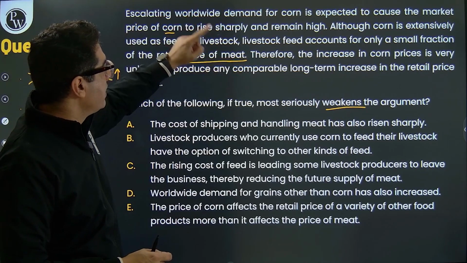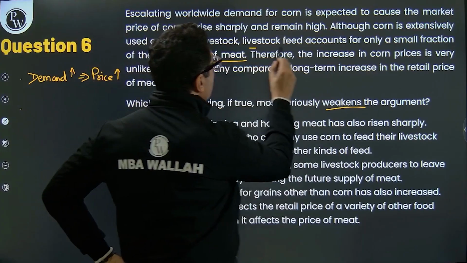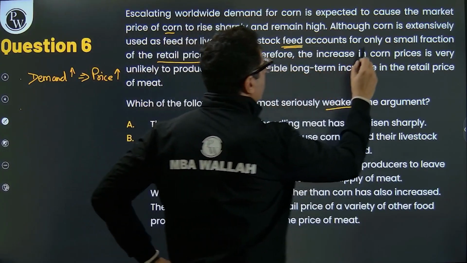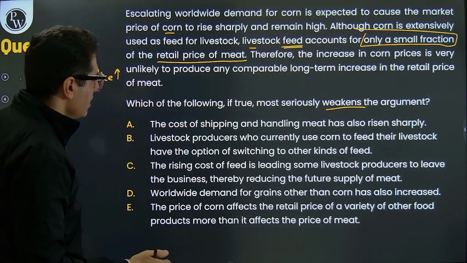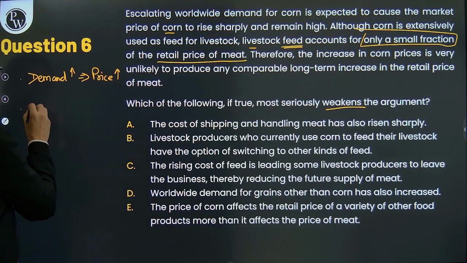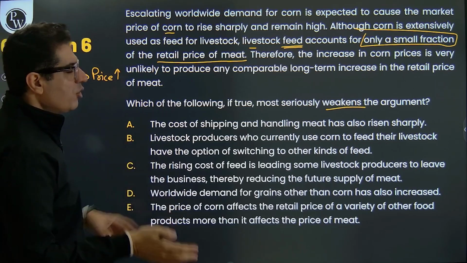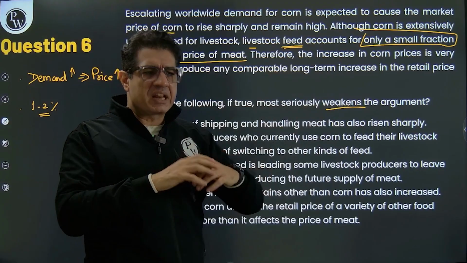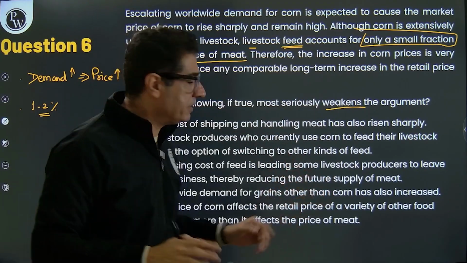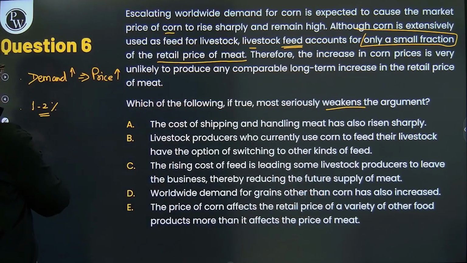तो मीट का प्राइस भी बढ़ेगा। लेकिन ये यहाँ पे क्या बता रहा है कि जो लाइवस्टॉक को आप फीड देते हैं, it accounts for only a small fraction of the retail price. तो यानी कि रिटेल प्राइस में अगर 1 या 2% कॉन्ट्रीब्यूशन ही है फीड का, और उस फीड के अंदर भी लेट्स से कॉर्न का कुछ स्पेसिफिक कॉन्ट्रीब्यूशन है, सारा का सारा फीड तो कॉर्न नहीं होगा ना, होपफुली। और इसमें भी अगर कॉर्न है तो शायद कॉर्न का नेट contribution to the retail price is maybe around 1%।